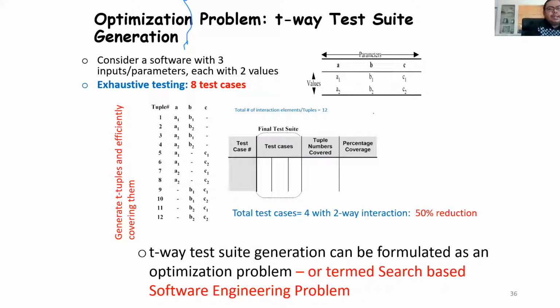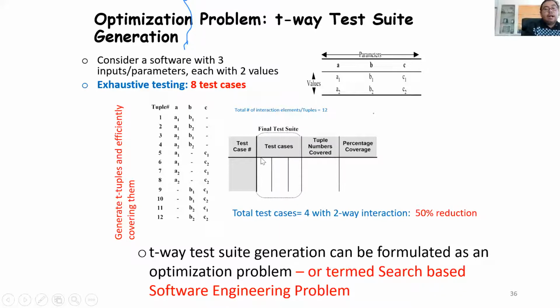T-way testing is actually an optimization problem. Remember that when I showed you just now, when you do interaction between, let's say, 4 variables, two-way, A, B, and you have C, D, you generate C, D with a random number. With that, if you choose a poor random number, then you have a larger size of test suite. So in other words, this is actually an optimization problem where you want to maximize